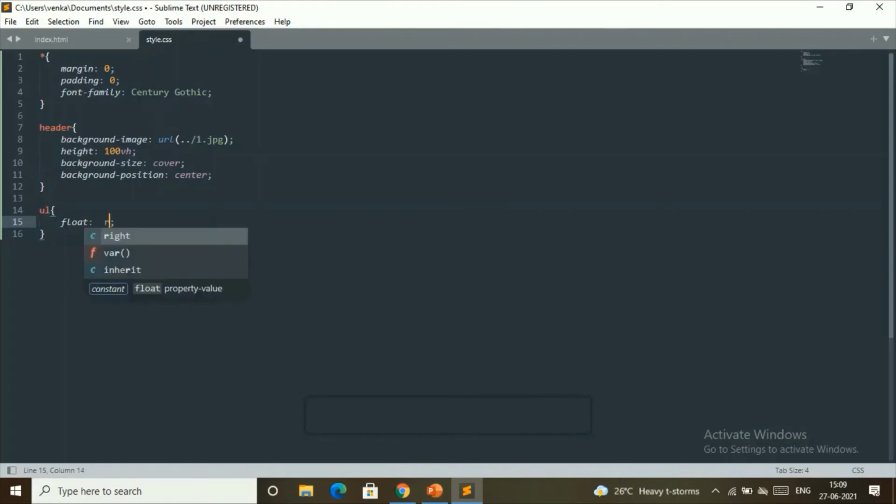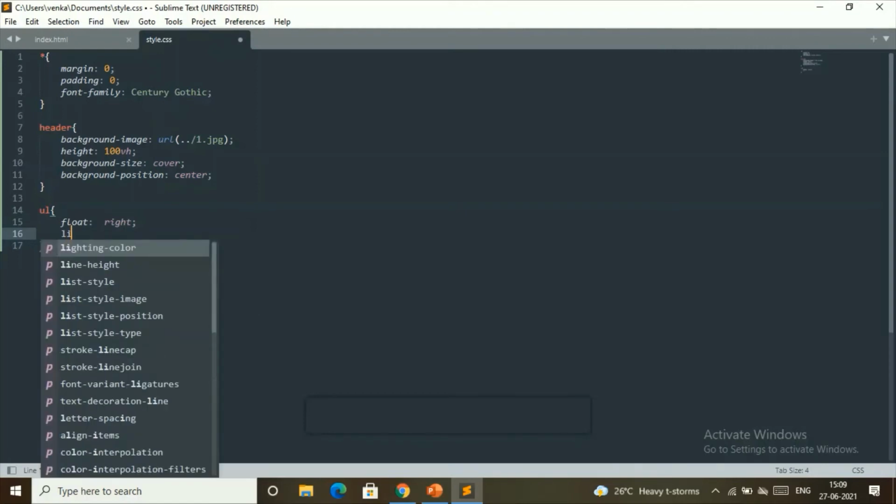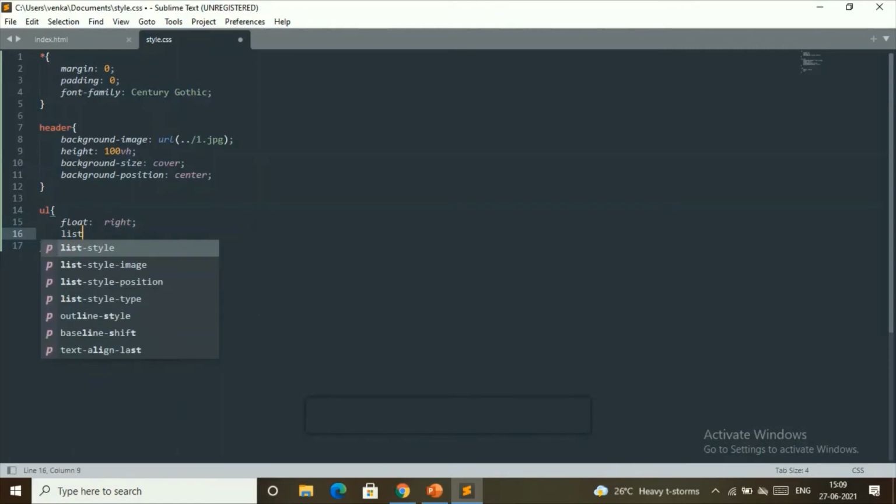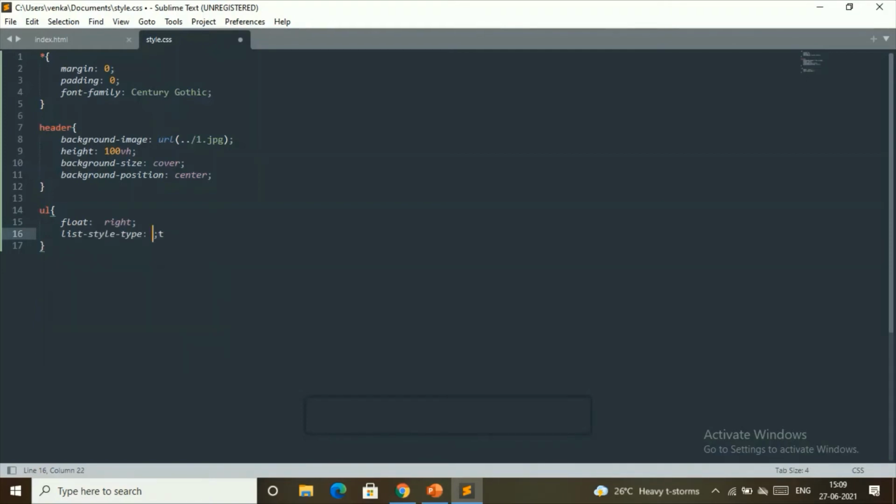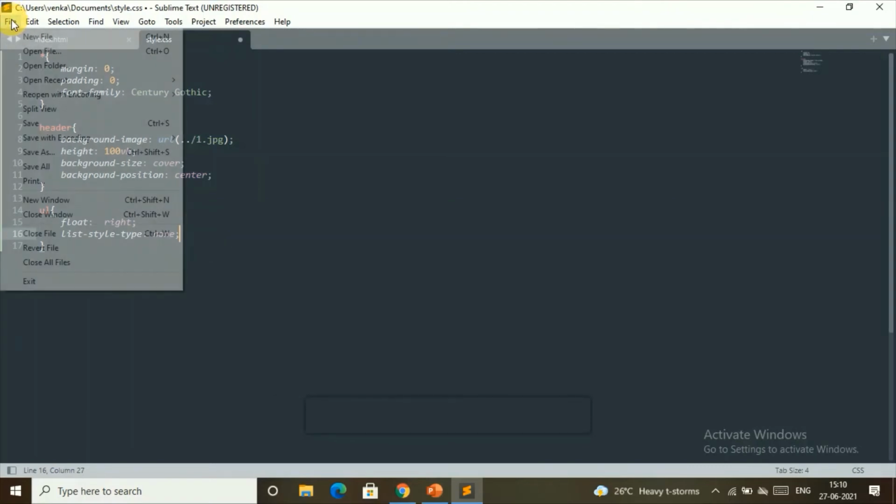So our float towards right, and then our list style type will be none for now. Okay, and now we'll save this and we'll check back our website.